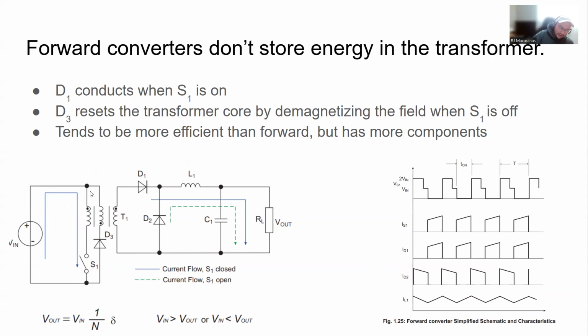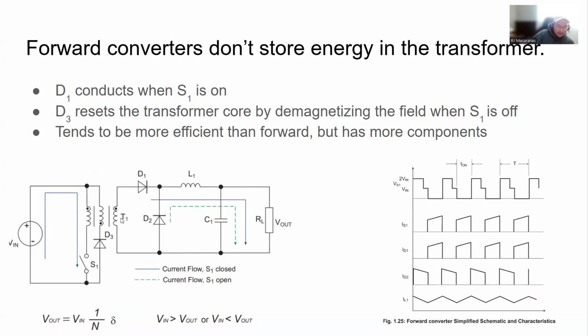And D3 has a very special purpose. It's actually quickly demagnetizing the transformer core. We didn't have this action in the flyback converter. It's a very different mechanism of transferring power. So we're resetting the transformer core,